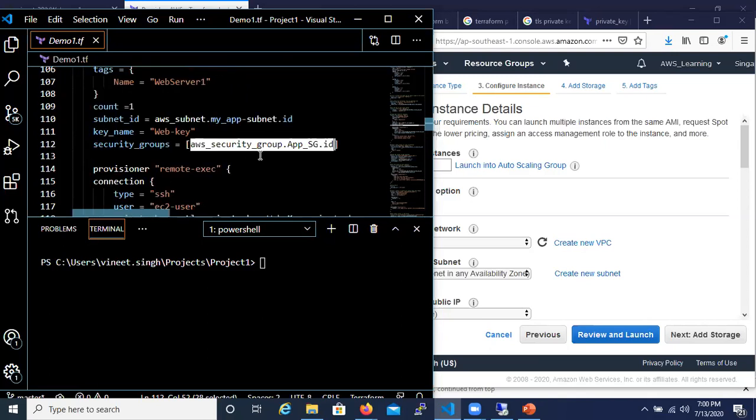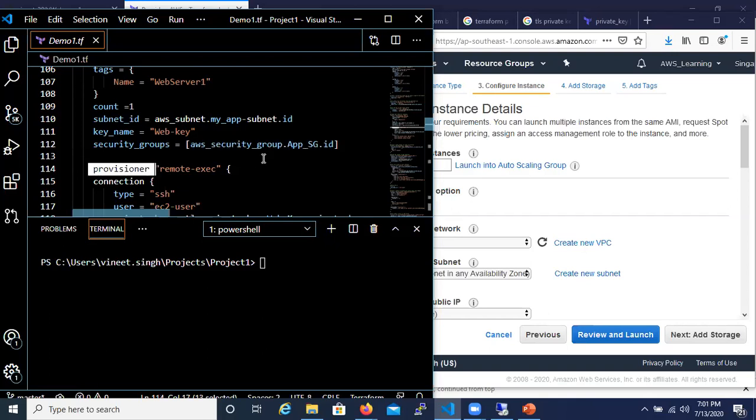And then once the instance is launched, I want to execute certain commands. I don't want to log into it manually after it is launched and then run some commands. For that, in Terraform, we use something called provisioners.